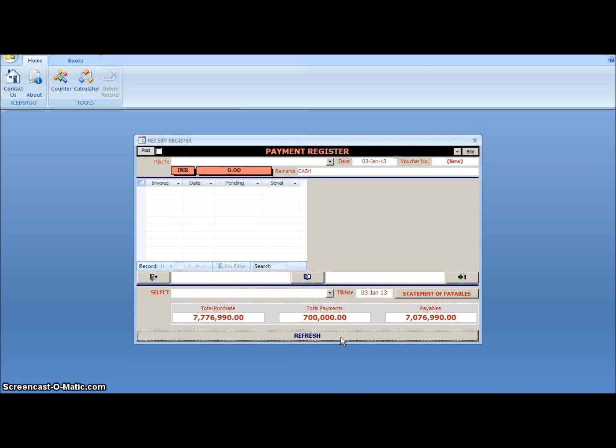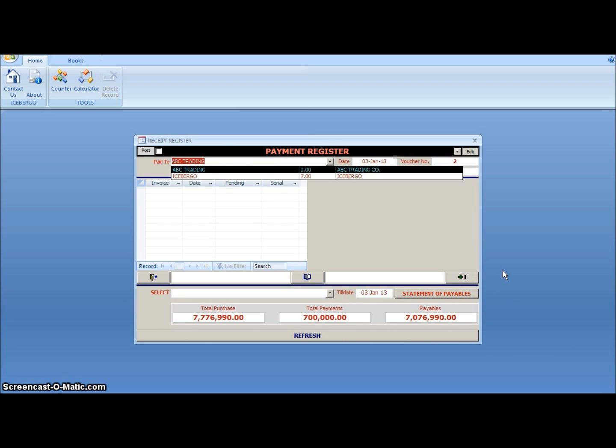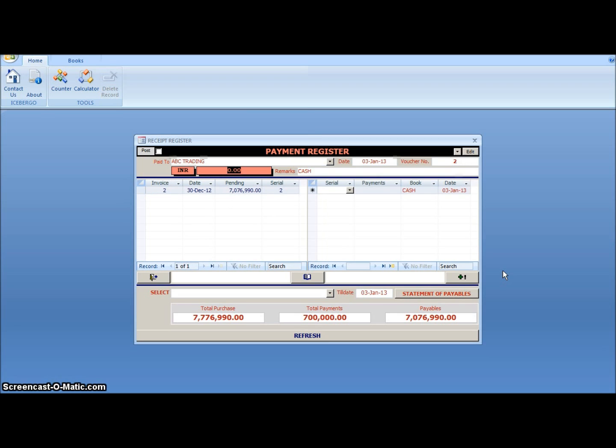Now to add a new payment, click on add, select the vendor again, put the payment amount here, if it is cash, leave it as cash, select the